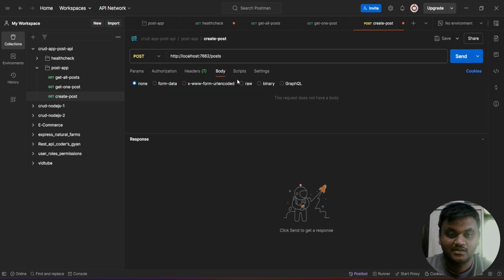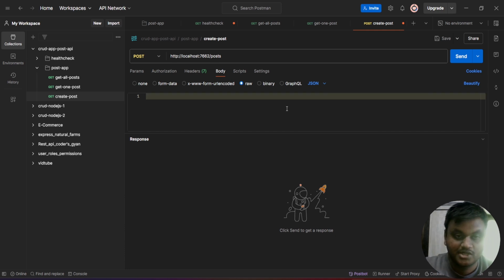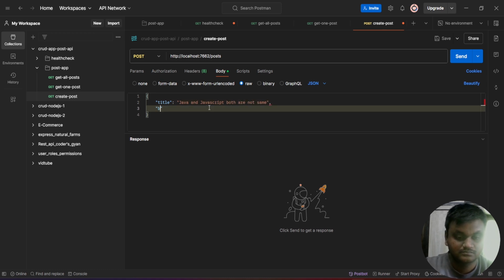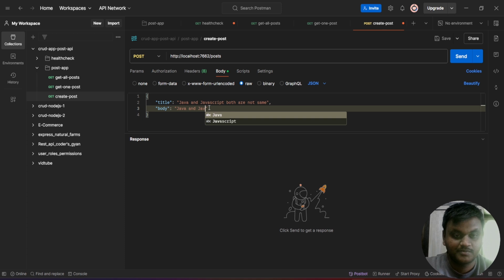In the body section, in the raw section, click on the raw section. Here you have to change it to a JSON object. Here you have to give the title. I'm going to give some title: Java and JavaScript both are not same. In the body section, I'm going to give: Java and JavaScript